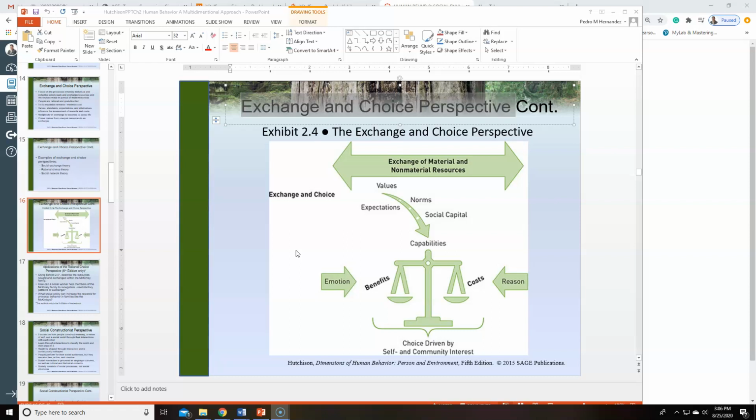So, for instance, the social exchange theory posits that resources are exchanged, and you're trying to maximize your benefit and minimize cost. So obviously, if you have more here, it would go down because it's heavier, right? You want to increase your benefits, and then your costs would decrease. So we make some decisions based on this perspective, and we may have social connections,